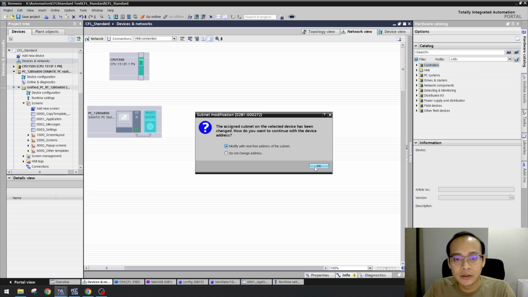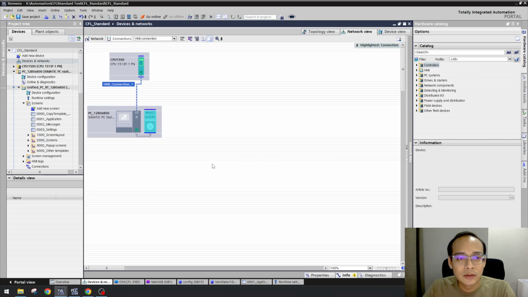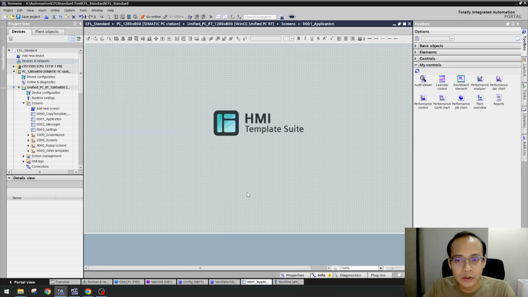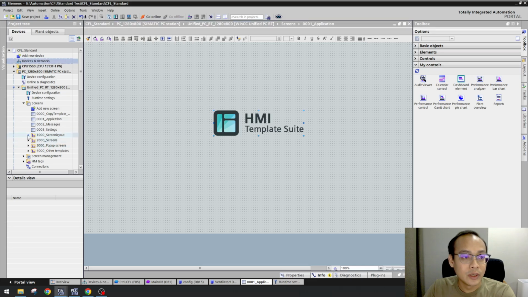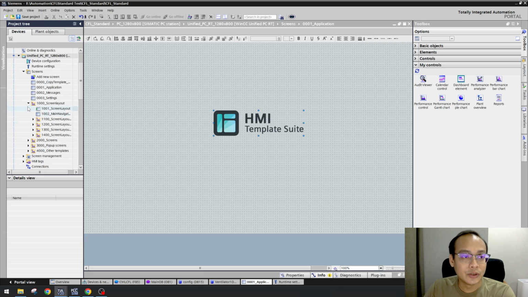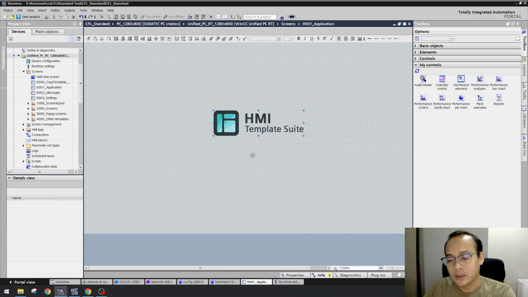HMI connection. Okay, so far so good. This will appear on the main screen, 001 application. There's a number here also, 1 2 3 4. Here you can see each screen, and you can modify it later. Now I delete this one